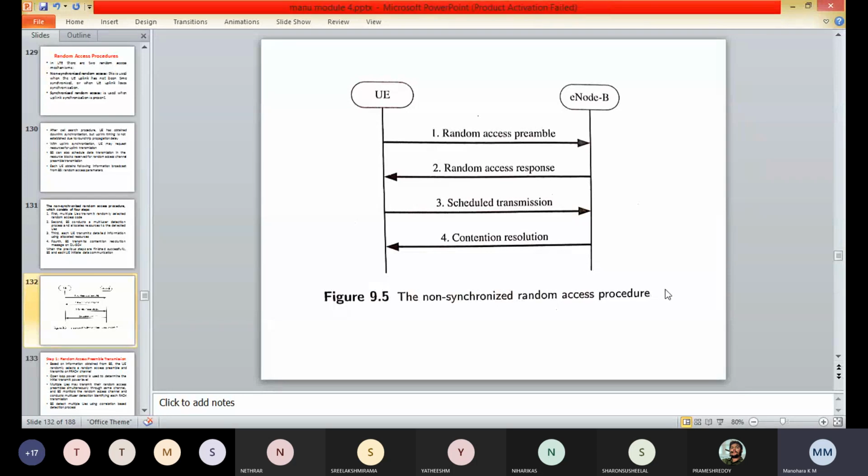For the user equipment, once the random access preamble is transmitted, it will monitor the physical downlink control channel for the random access response, which is identified by the random access radio network temporary identifier, that is RA-RNTI, as the time-frequency slot carrying the preamble is associated with a random access radio network temporary identifier. If the received random access response matches the transmitted preamble, the user equipment may stop the monitoring process.